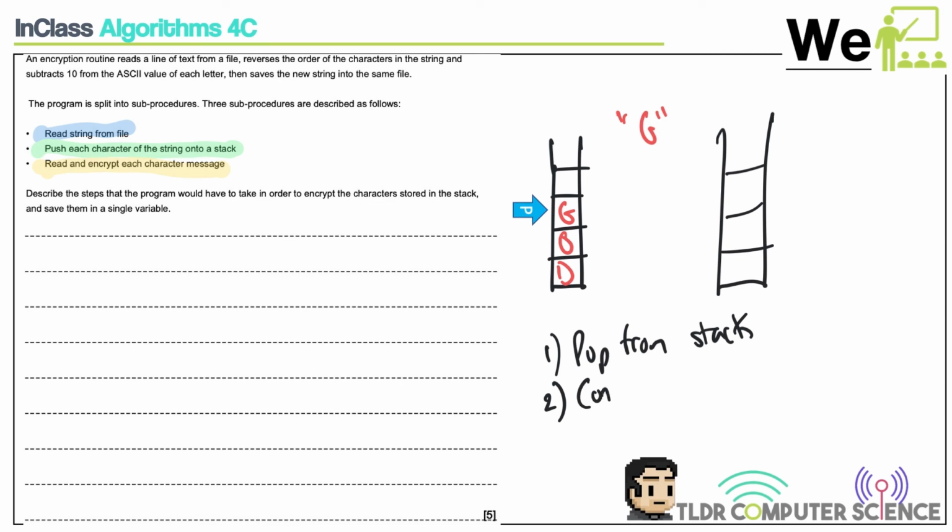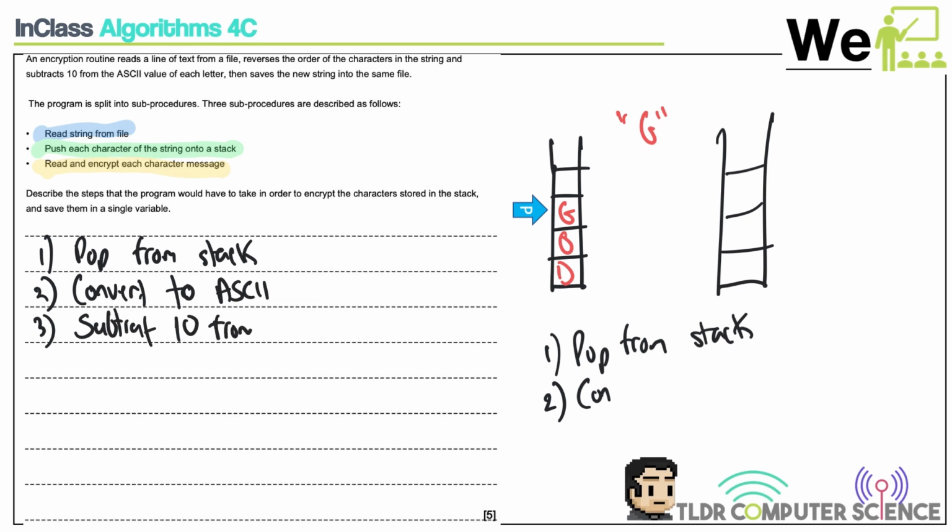convert. You know what? I should have done it here. 1, pop from stack. I should say pop value from stack. Good enough, I'm getting lazy at this point. 2, convert to ASCII. Yes? What's next? Do what with 10? Yeah, subtract 10